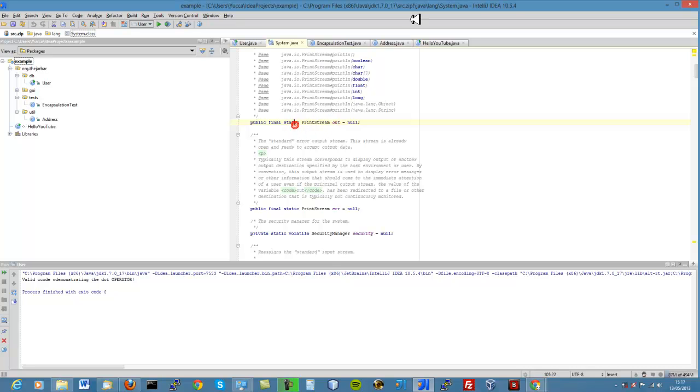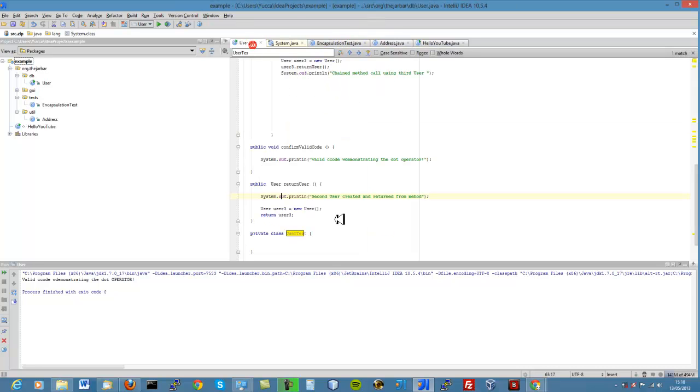In other words, we can call upon it without creating a new system class, and all representations of the print stream are the same irrespective of how many system classes one would be able to create, and thus it is static. Getting back to the tutorial here, I'm just going to run our example, our user